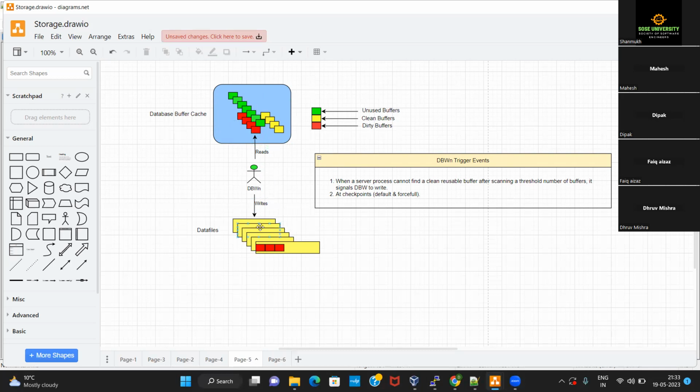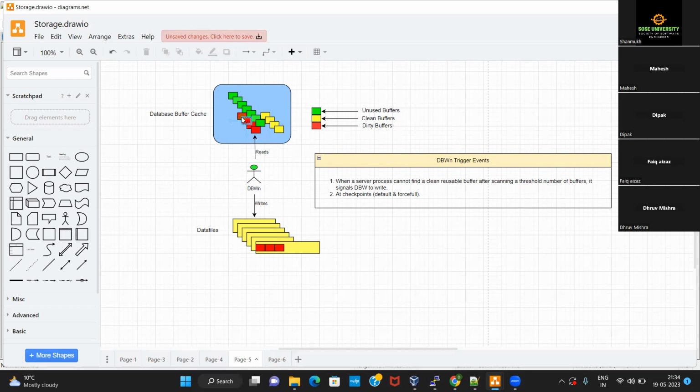It will write them onto the data files. So if it has written all these dirty buffers, let's say in this example these 4 dirty buffers, from the buffer cache to the data files, after that these 4 buffers will be free. Correct? Yeah, correct. So that is the event.